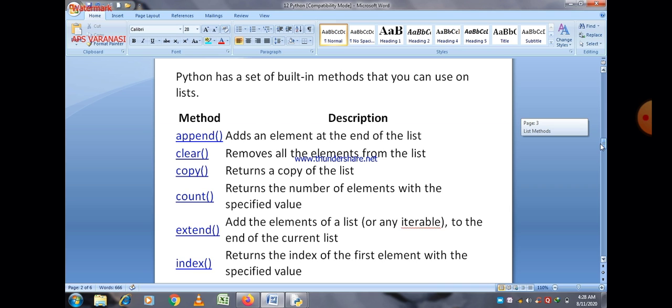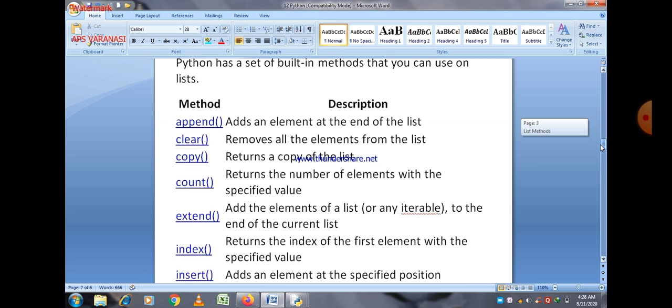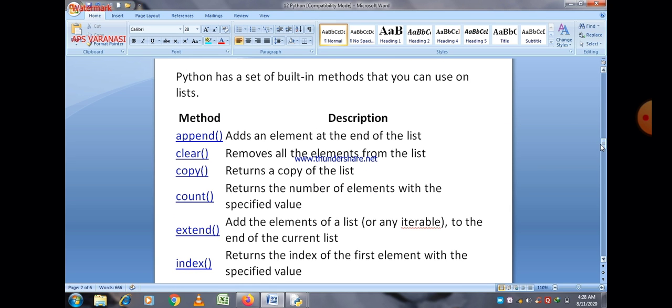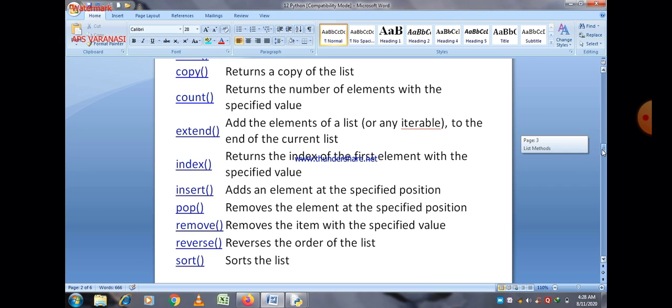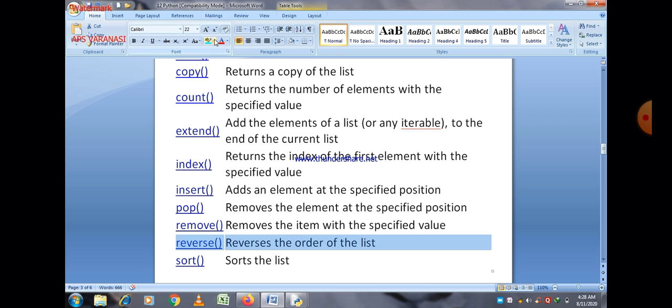So these are some list methods, and these are already discussed, but as far as the practical part is concerned, we will discuss some of them here. There are two important methods: one is the reverse method, and the second is the sort method. Basically, the reverse method reverses the order of the list, and the sort method sorts the list, means arranges the elements in increasing or decreasing order.